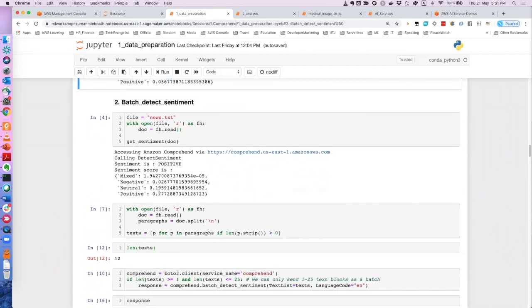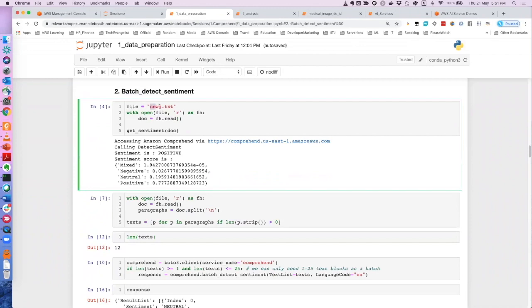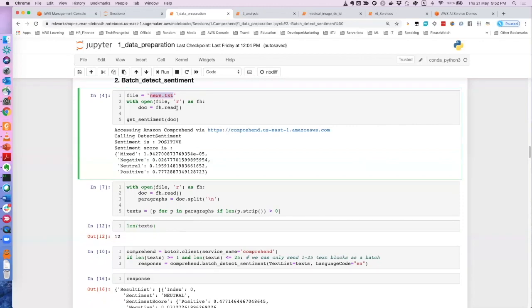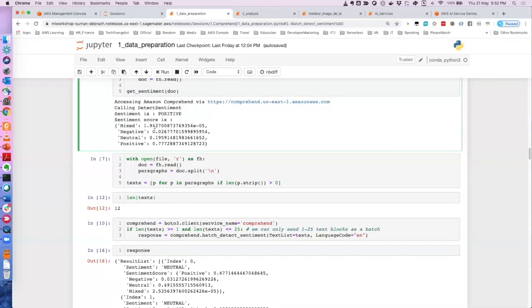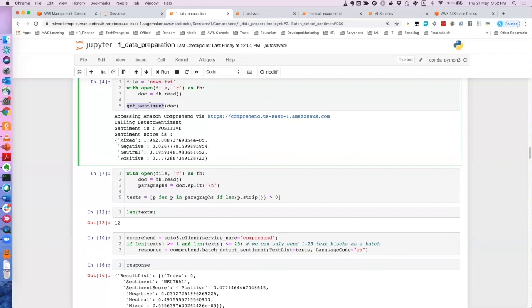So there is another file, news, which contains some news headlines, and I just saved it, and then we are reading it. Now if I call the old function, it will tell you that this is positive, but we have no idea which news items are positive and how the analysis has been done, right?